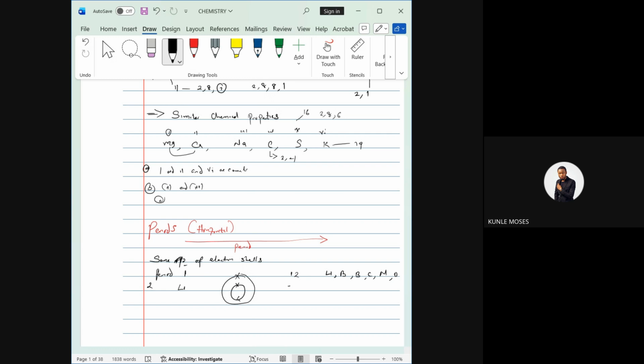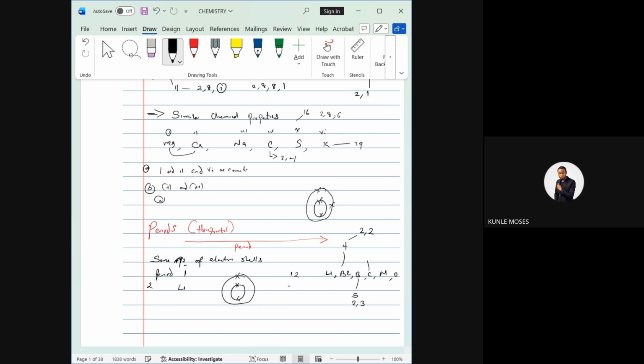If you look at the number of electrons, the number of shells that they will have is the same. For example, lithium has 2,1. Beryllium has atomic number 4, so it should be 2,2. So it will have 2 shells also, right? 2 at the first, 2 at the last. If you check boron, atomic number 5, it has 2,3. That means 2 in the inner, 3 at the outermost.